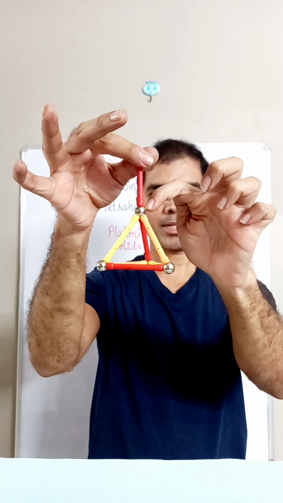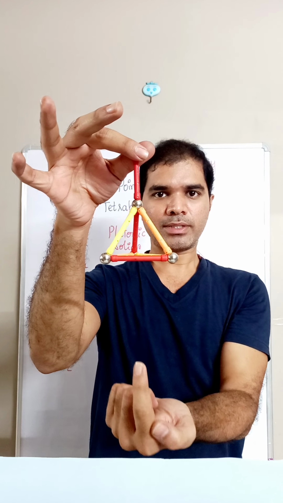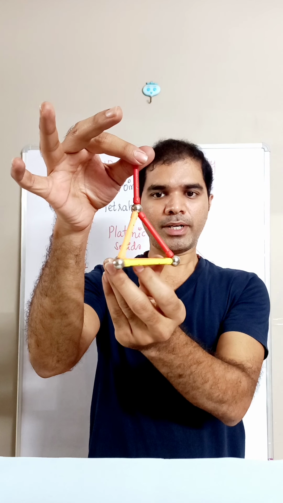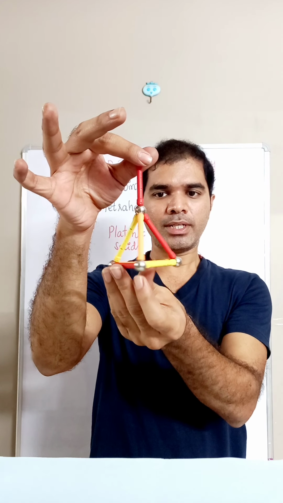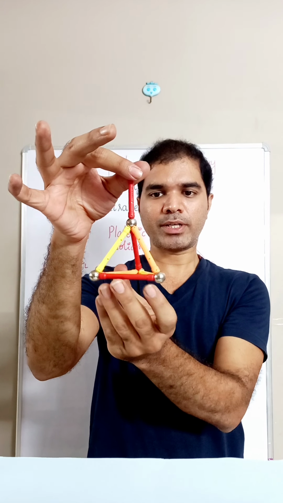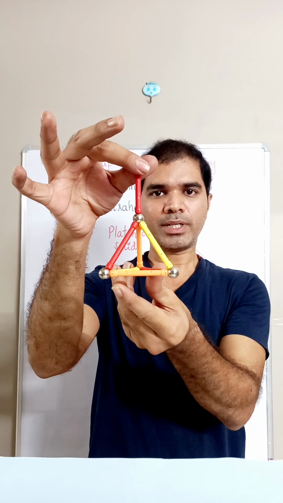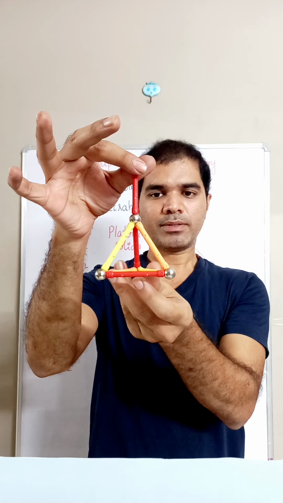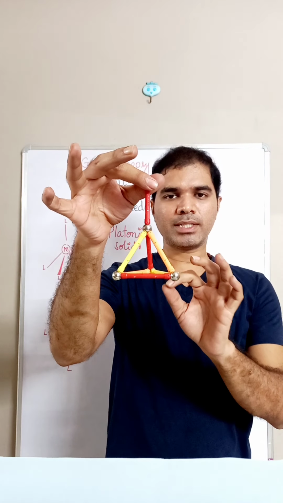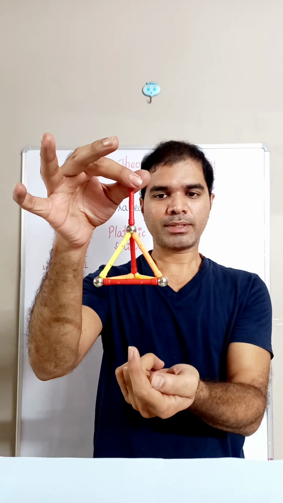You have to imagine it is passing through this corner and coming out from the center of the opposite triangular face, through which if I rotate by 120, it is producing an equivalent configuration. So we have started with a red edge. Again, if it comes red, then it is an identical configuration. 120 degrees, yellow. 120 degrees, we got an orange. Third 120, we got red. So this will become an identical configuration. There is a C3 which is passing from one of the corners and its opposite triangular face.